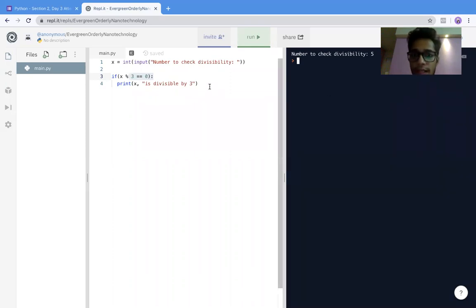Now why not have a statement similar to this, is divisible by 3, or if it is not divisible, let's also print out is not divisible by 3, because it makes sense to give a message here. Otherwise it could also mean that something went wrong in your logic or something did not work out. So you need to tell them that, let's say, if it is not divisible, print out a statement. So how do you do that?